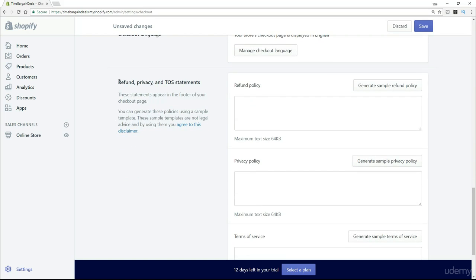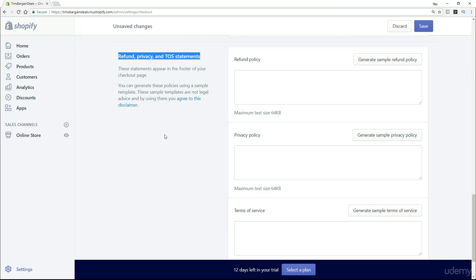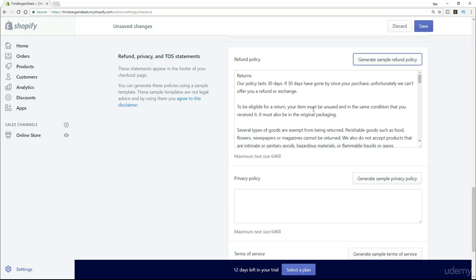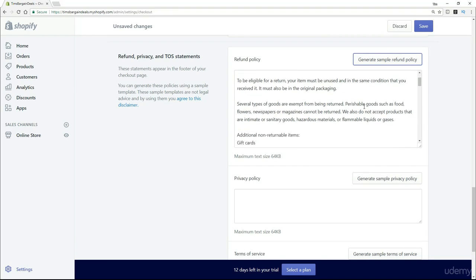Now these things here, I'd like you just to do a few clicks here, if I may. So we've got refund, privacy, and TOS, so terms of service statements. And these are boring but essential things that we're going to add into the site. I'm going to show you how to create the page for these a bit later on. But all I need to do right now is create a refund policy. And we can do this by simply clicking on this button. And bingo, it will throw in a whole